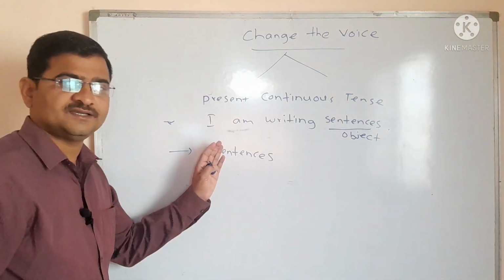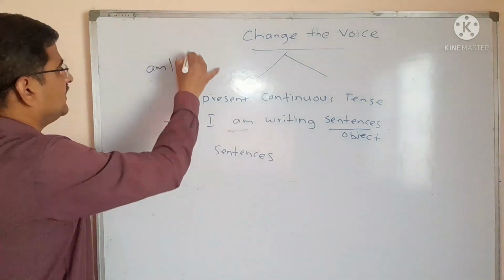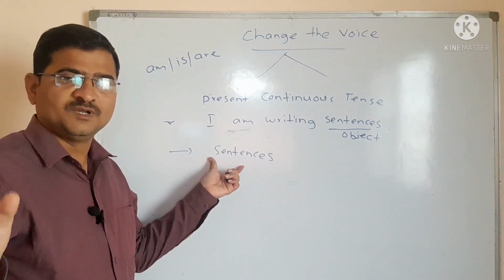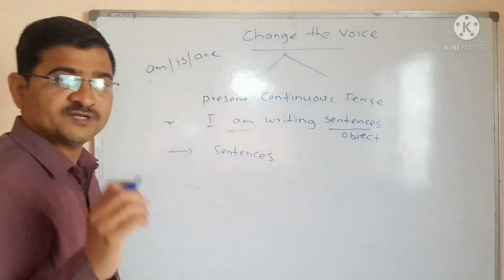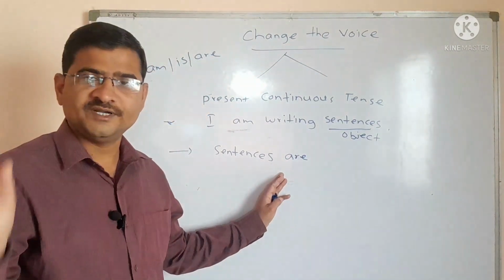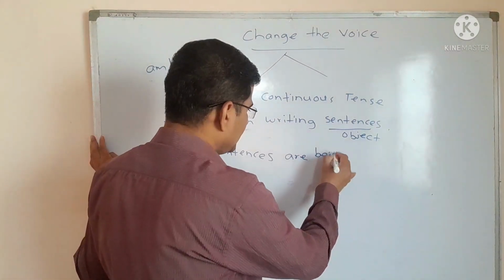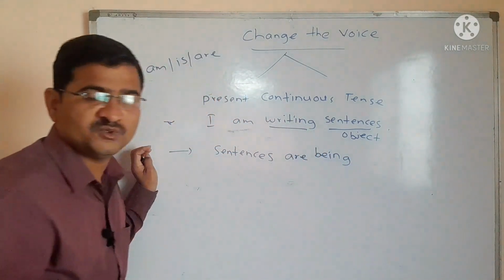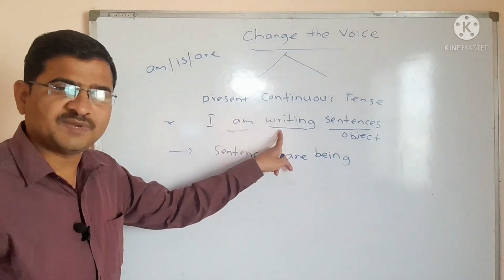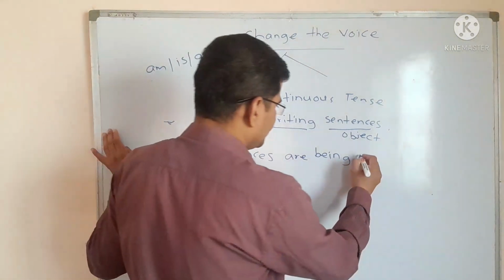After that this is a sentence of present continuous tense. We have to use the helping verb am or is or are. Sentences is a plural subject, therefore we have to use the helping verb are. Sentences are. After this you have to use one word here, that word is being. Sentences are being. After this you have to use the past participle form of the verb write. The past participle or the V3 form of write is written. Sentences are being written,